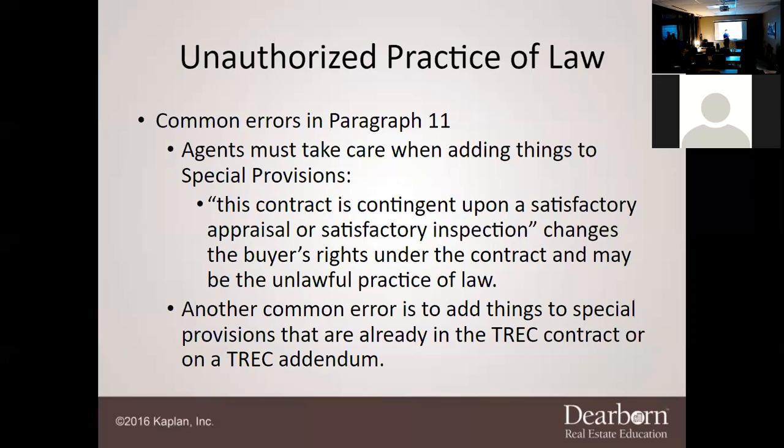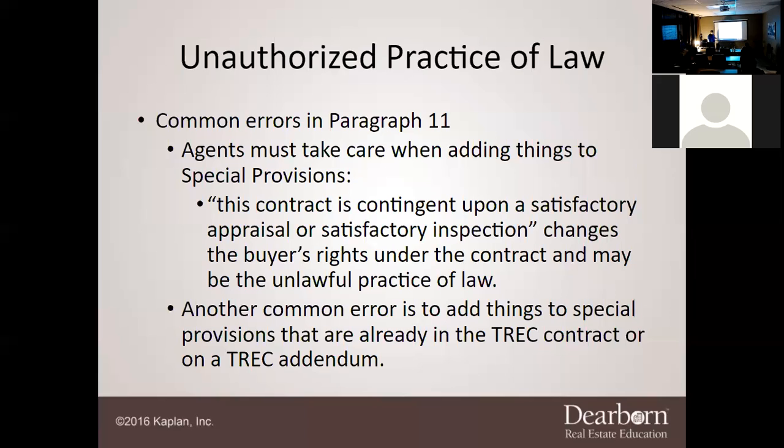I always tell people this all the time. Special provisions, 90% of the time, should be blank. When I get a contract, 90% of the time it needs to say NA. It does not need to have any type of comments or anything to that nature. So understand that there should not be any type of changes.